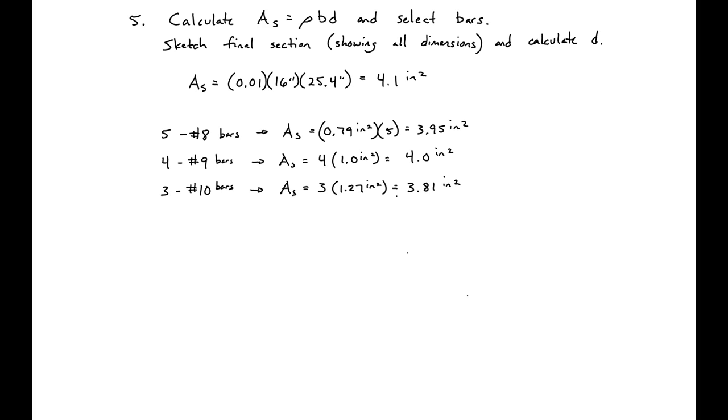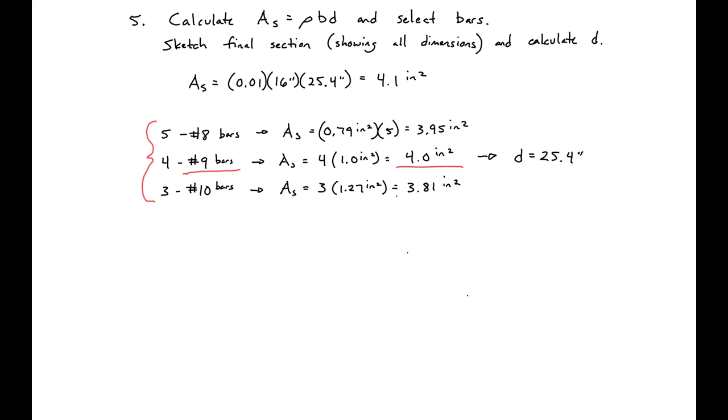We'll then need to select the actual number of bars and size of bar that we'll use. So we can use a design guide, or we can just use our knowledge of bar sizing and determine the options. So here we can try 5 number 8s, 4 number 9s, or 3 number 10s, which will give us these different steel areas. So I'm going to choose 4 number 9s. I think it's the closest and easiest. We already assumed a number 9 bar, so we'll just move forward with our number 9 bars. So in this case, because we assumed number 9s, our D isn't going to change, so we'll still have a D of